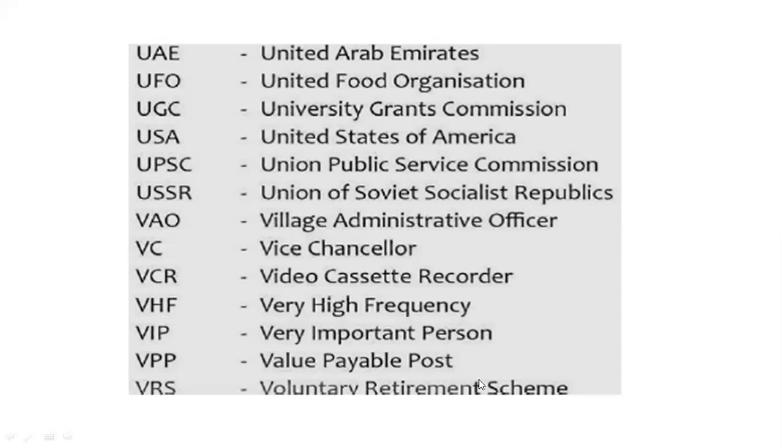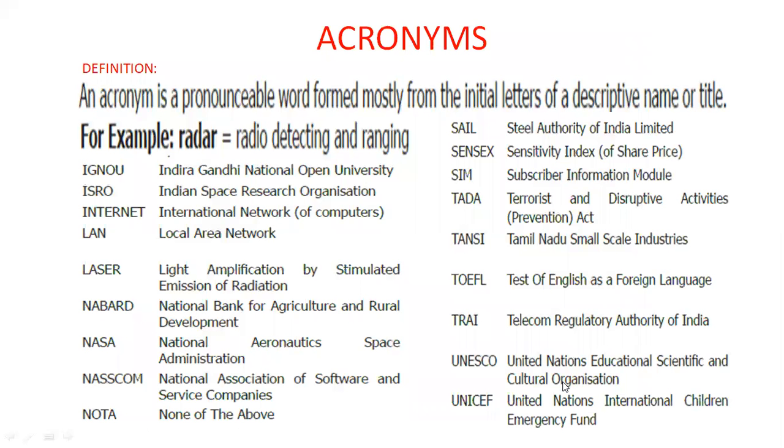VRS, Voluntary Retirement Scheme. So now we can see the acronyms. An acronym is a pronounceable word formed mostly from the initial letters of a descriptive name or title. For example, radar, radio detecting and ranging. So an acronym is a pronounceable word formed mostly from the initial letters of a descriptive name or title. So here we can see IGNOU, Indira Gandhi National Open University, ISRO, Indian Space Research Organization,